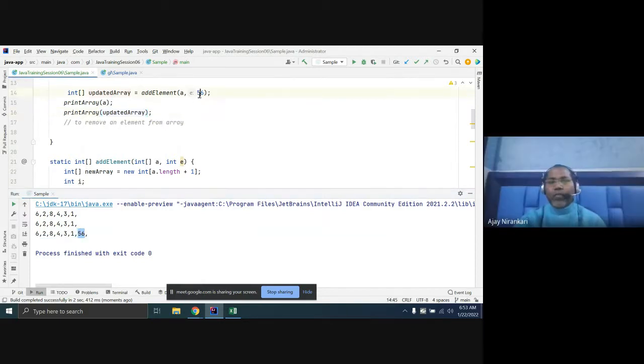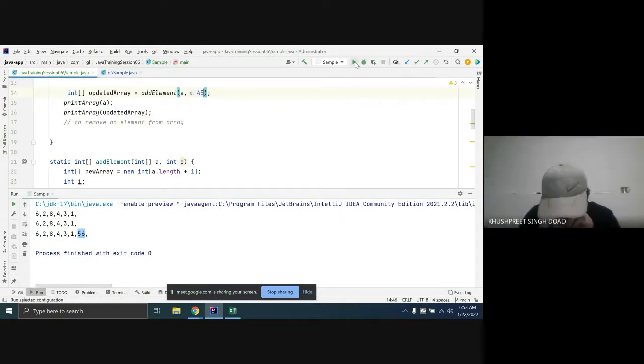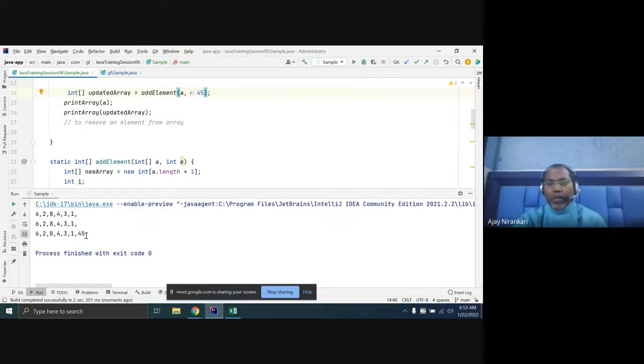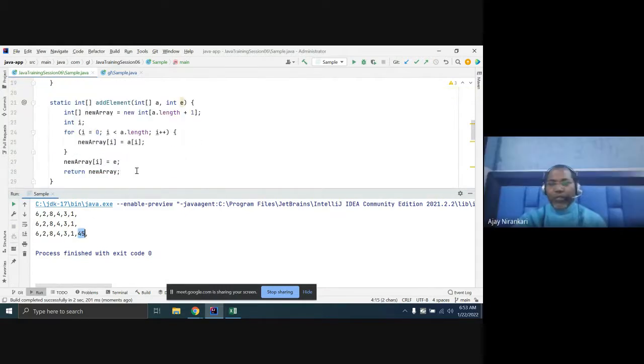Whatever value you want to write, let's say 45. So the trick here is that you create a new array and copy all the elements of the old array to the new array, and in the last you can add the new element.